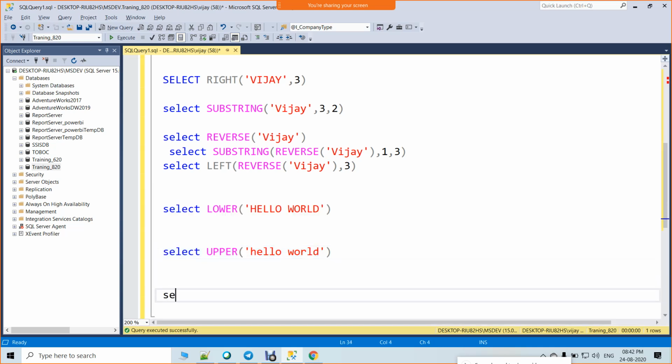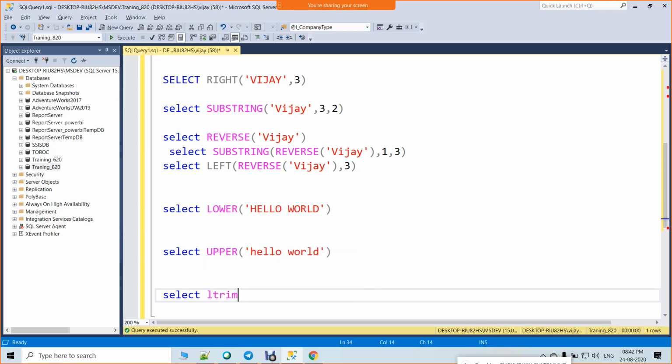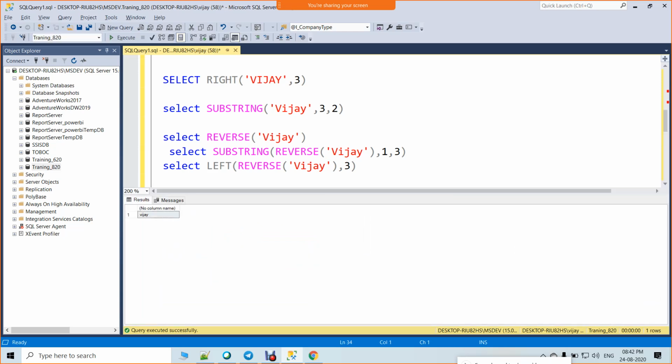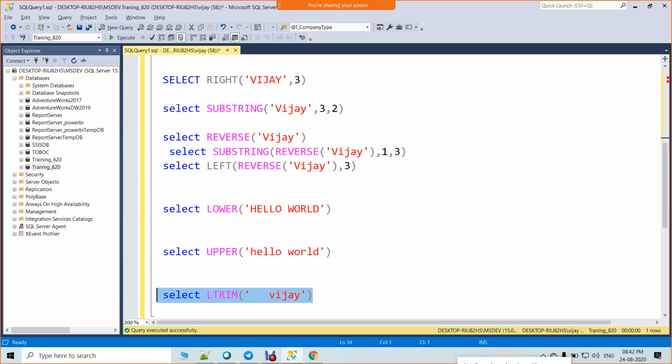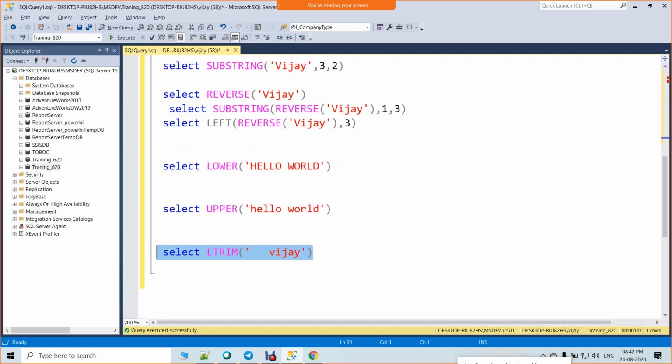There is a function called ltrim. Ltrim means left side, if any spaces are there it will trim them out. Let me take Vijay. So it removes the spaces on the left side. See my point? Yes.